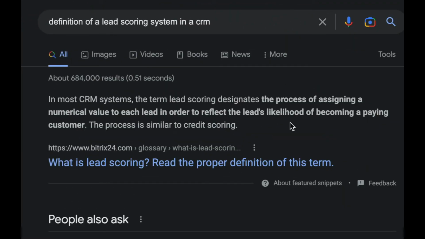Okay, so what is lead scoring and why does it even really matter? Okay, so I had to put my professor hat on for this. According to Google, in most CRM systems, the term lead scoring designates the process of assigning a numerical value to each lead in order to reflect the lead's likelihood of becoming a paying customer. So in short, really, it's the process of attributing points to a lead based on actions they take in your